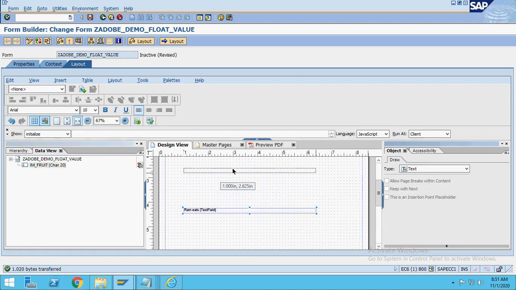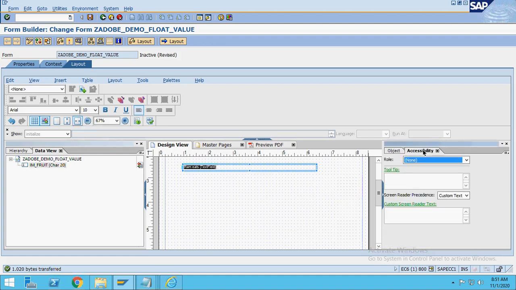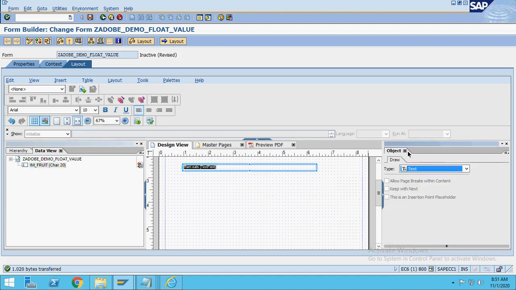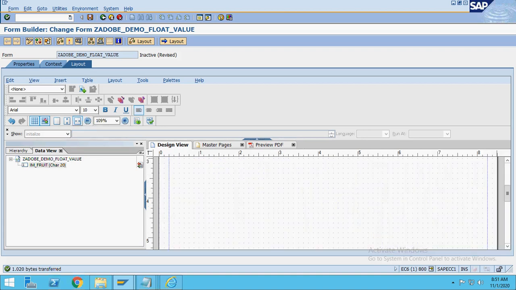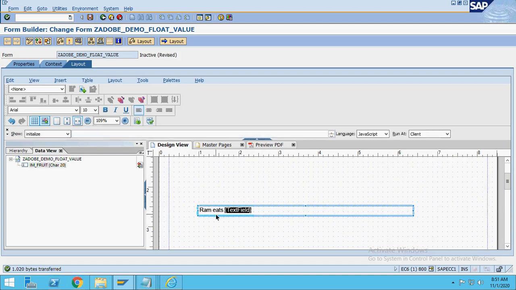You can also change the font and all. This RAM, we'll see that one later. Let's see how the value is going to populate or not. Okay, so RAM over here, accessibility. So now this is fine, and suppose you want to change the font and all, however it's okay. Now the size is fine. If you want to see its